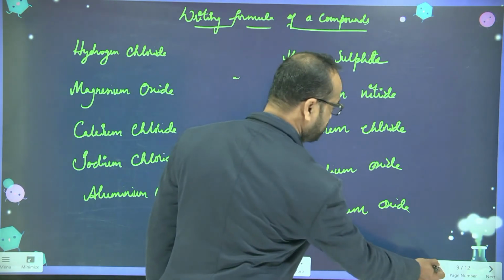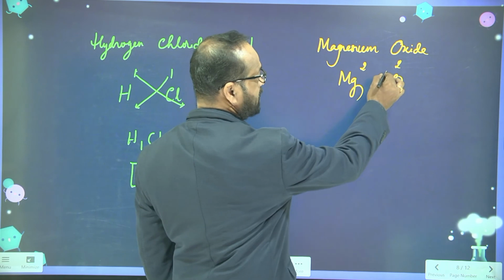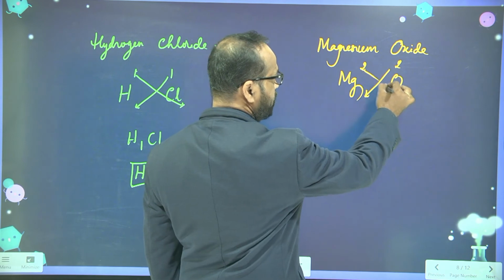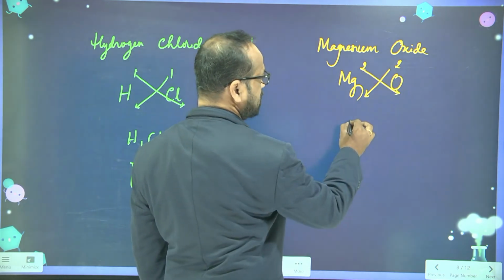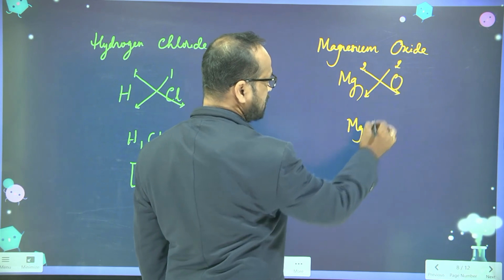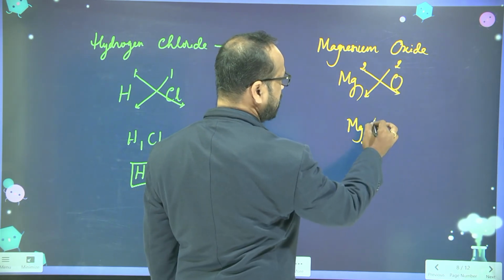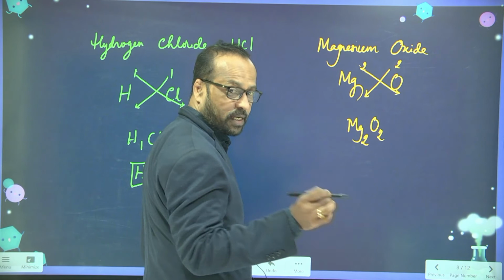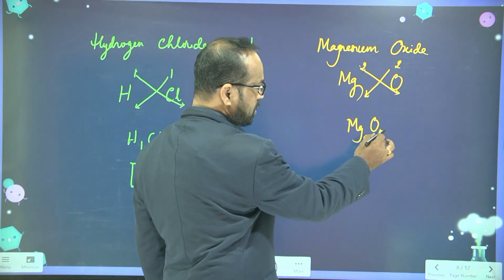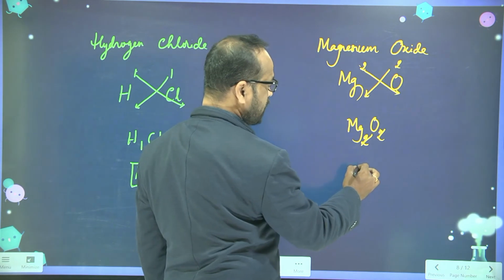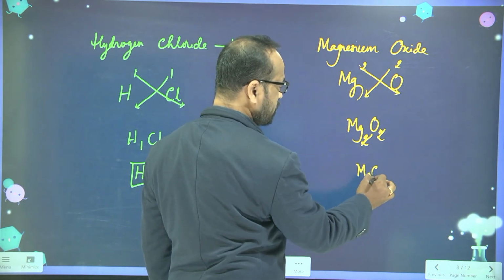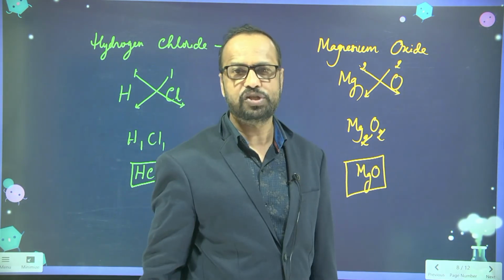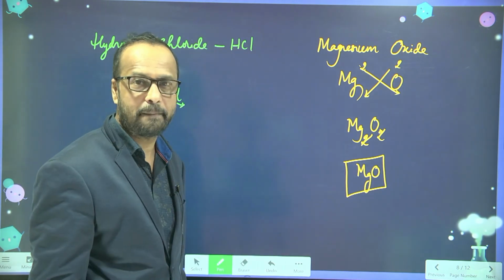Okay, so now you see what I have to do. Next, crisscross. Oxygen valency bring to the magnesium, and magnesium valency take to the oxygen. So then it becomes Mg, oxygen valency coming to magnesium, then write oxygen, and magnesium valence is going to oxygen. Now Mg2O2. Students, whenever the same numbers are there, you can cancel like this. So then you can write the formula of magnesium oxide as MgO, because 2 got cancelled. So now the formula is MgO. Is this clear, students, how to write the formulas?